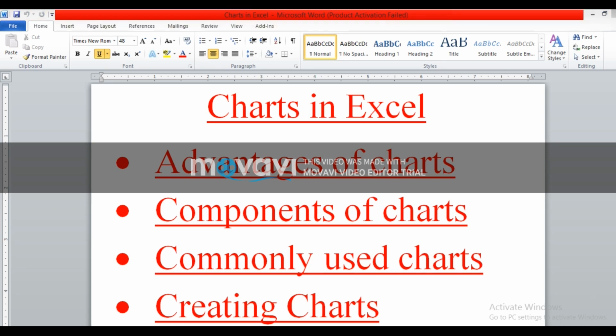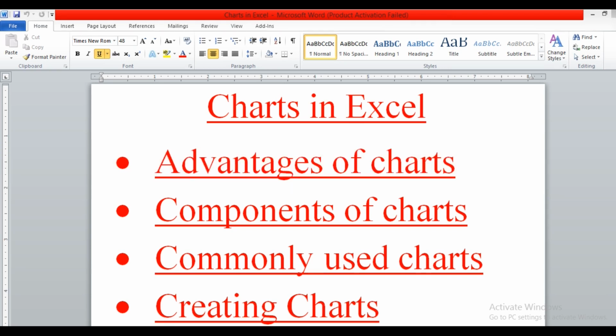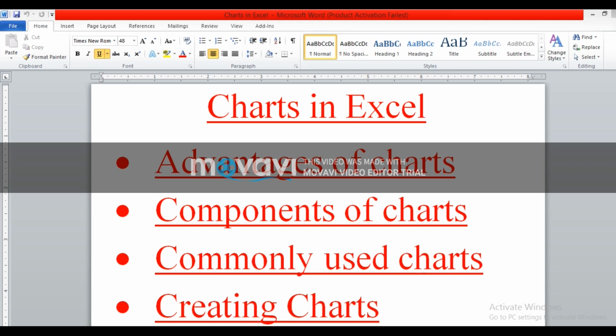Now there are lots of advantages of creating a chart in Excel. It presents the data and information in a compact and attractive manner. Whenever we create a sheet in Excel, it represents our data in an attractive manner. Charts are easier to understand and analyze.